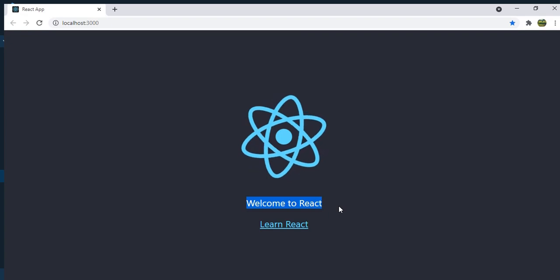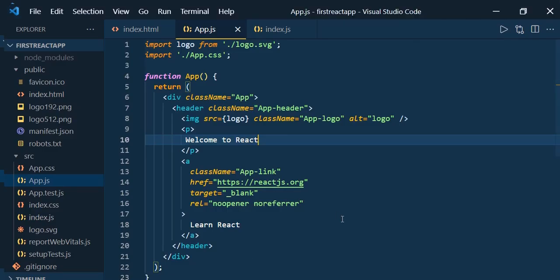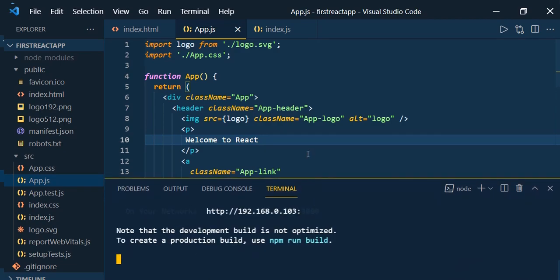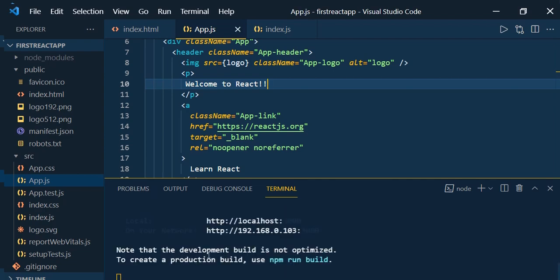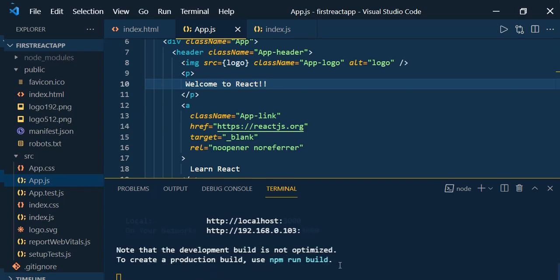So how is this happening? Because the server is up and running. Whenever you make any changes to this application, it will build it and show you the changes. Let's say now I'll make one more change and save it. Observe here, save it. You can see that it will compile successfully and show you the result.